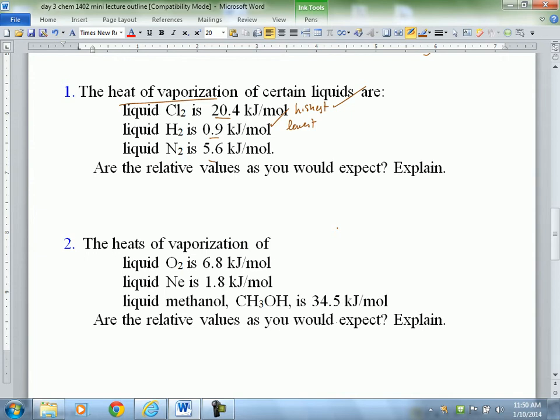Take a look at each molecule individually and see what type of force it would have. O2 is definitely nonpolar, so this would be London, or dispersion. I'm not even looking at the numbers yet. Just identify. Neon would be,